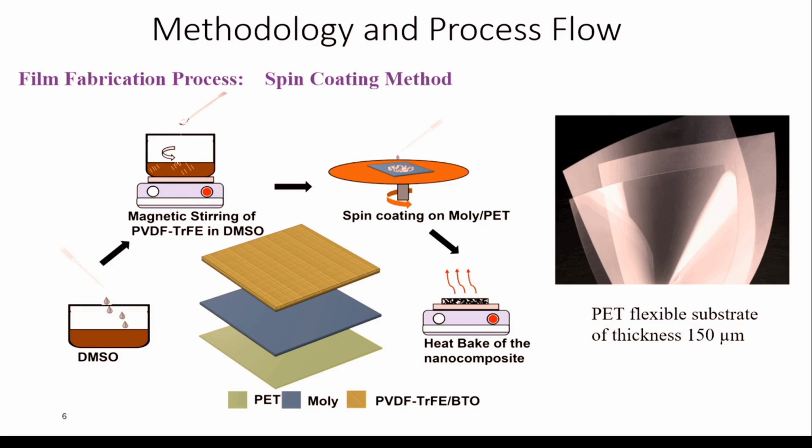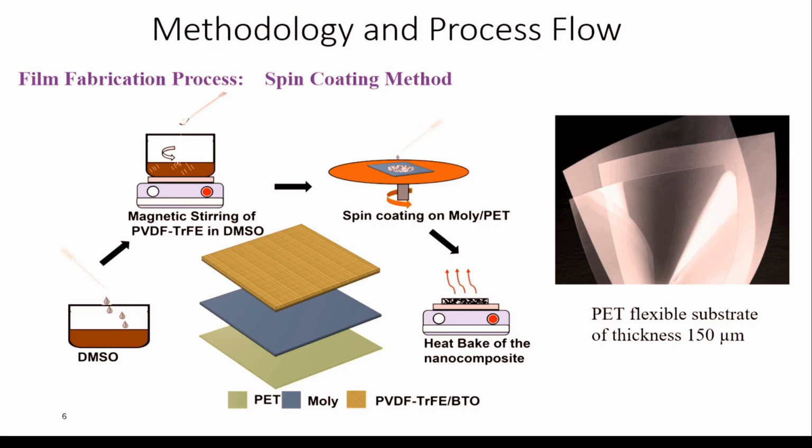So this is the method we have used to fabricate the first composite film of barium titanate and PVDF. First we dissolve the barium titanate and PVDF material in DMSO organic solvent, stir for a few hours to dissolve these materials, and then spin coat on a molybdenum deposited PET substrate. It's a polymer substrate on which we have spin coated, and then further annealed to get